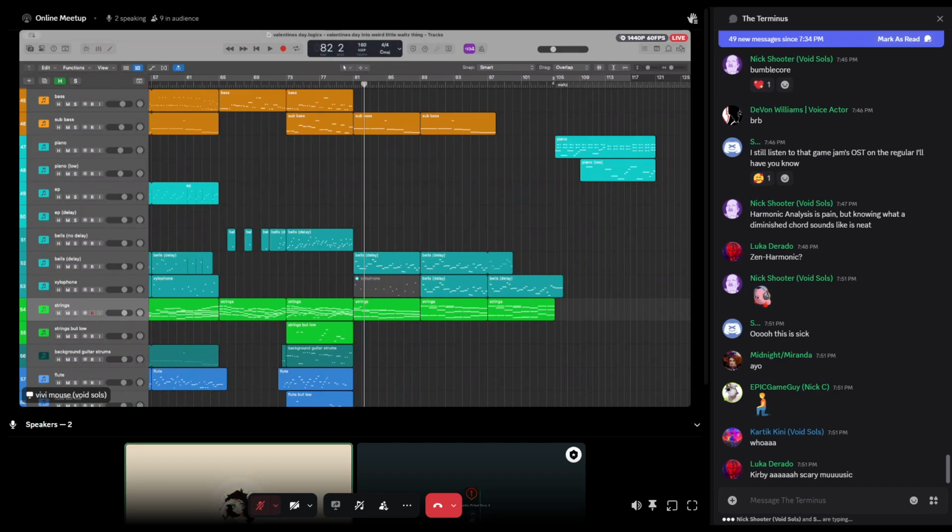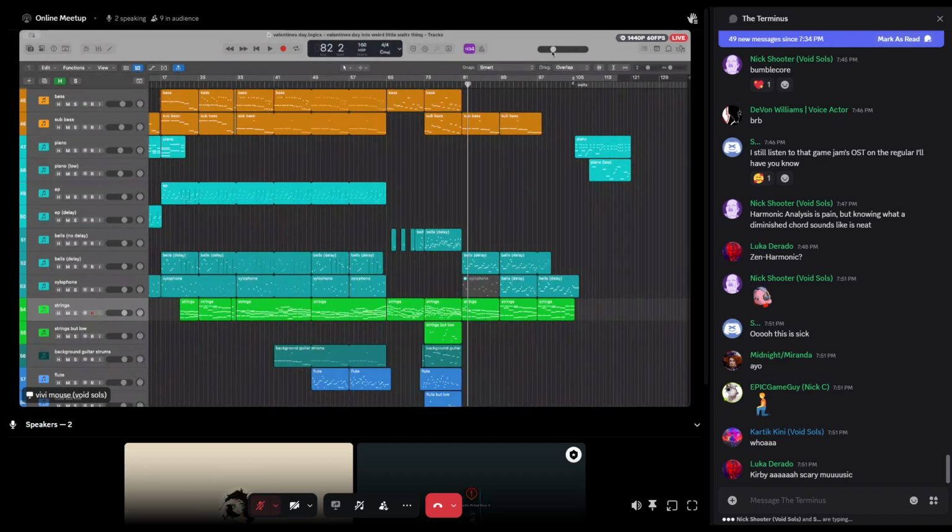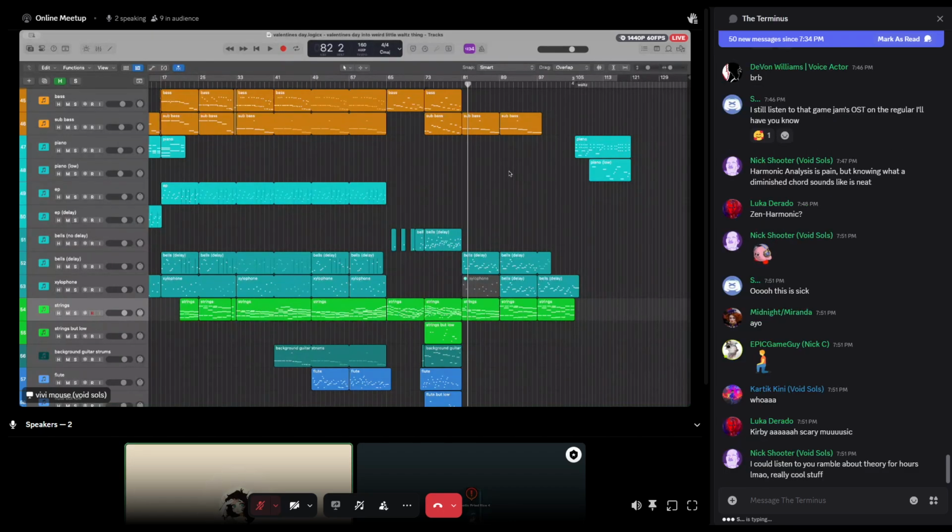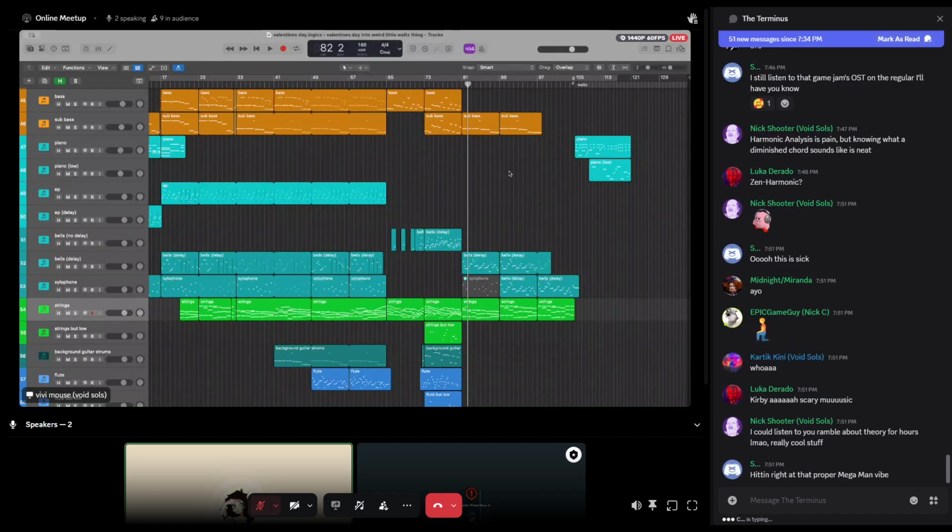This is something that I've been working on for a couple months on and off. I want to finish it really bad, but it's called Valentine's Day because it is in a temperament called Valentine, where the perfect fifth is split up into 9 equal parts, and the major third is split up into 5 equal parts of the same size. So there's a certain step where if you stack 5 of them, you get a major third, and if you stack 9 of them, you get a perfect fifth.